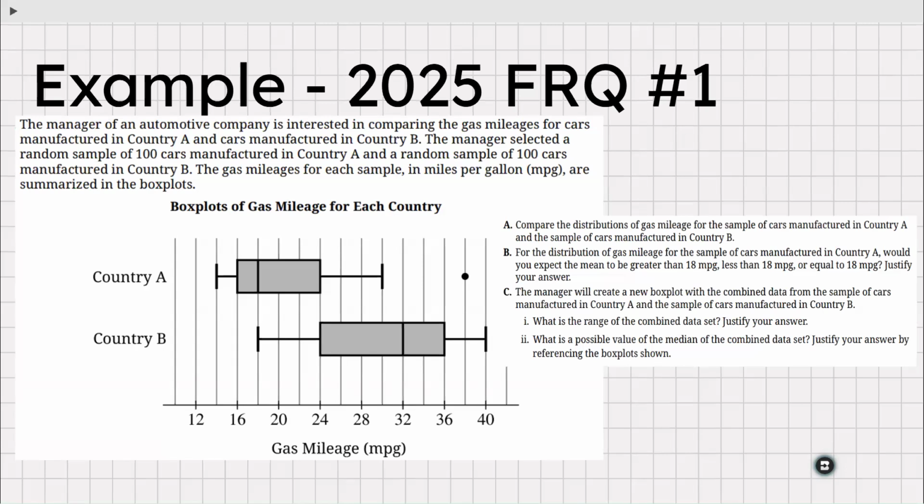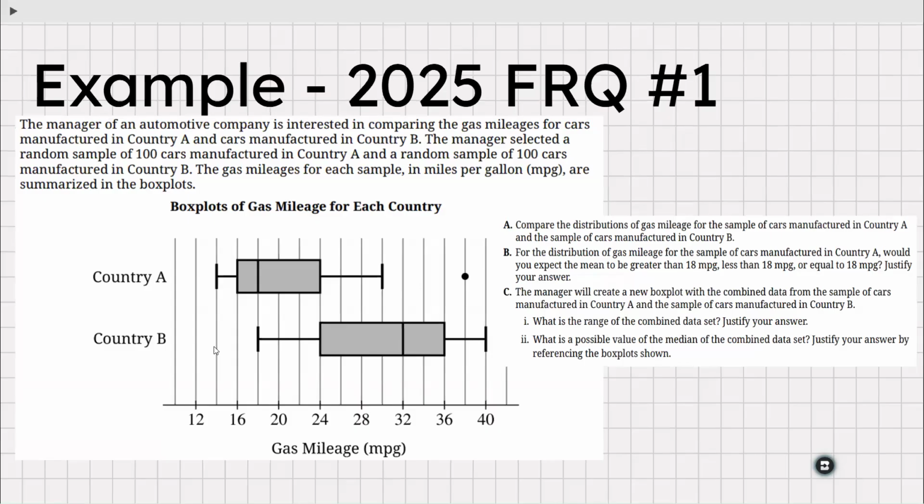Country A has a center at 18, which is less than country B, which has a center at 32. Almost there. There's only one thing you forgot: context. 18 watt and 32 watt. Gas mileage. Yeah, so gas mileage or miles per gallon. That's the only piece that you're missing, that in this case wouldn't have cost you a point, but